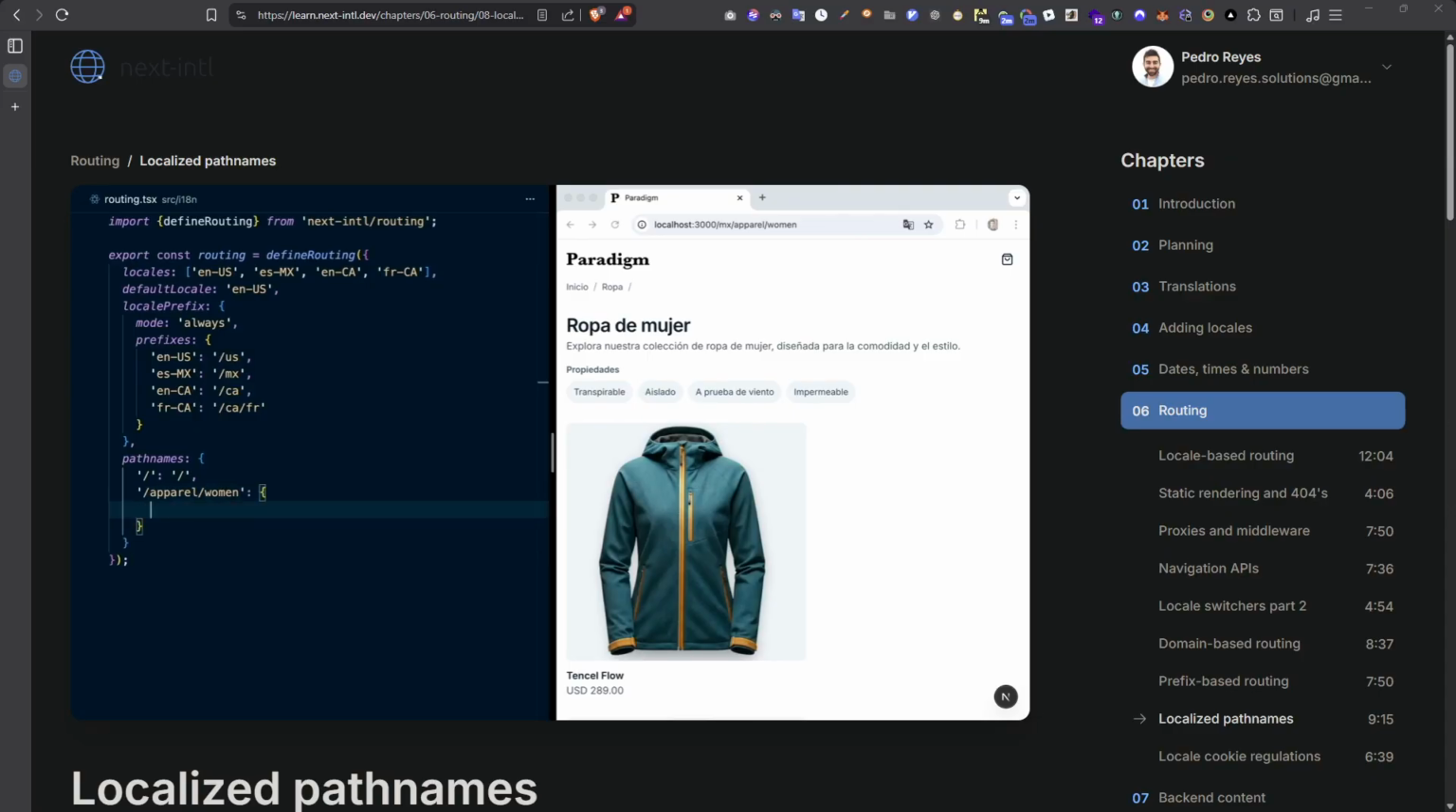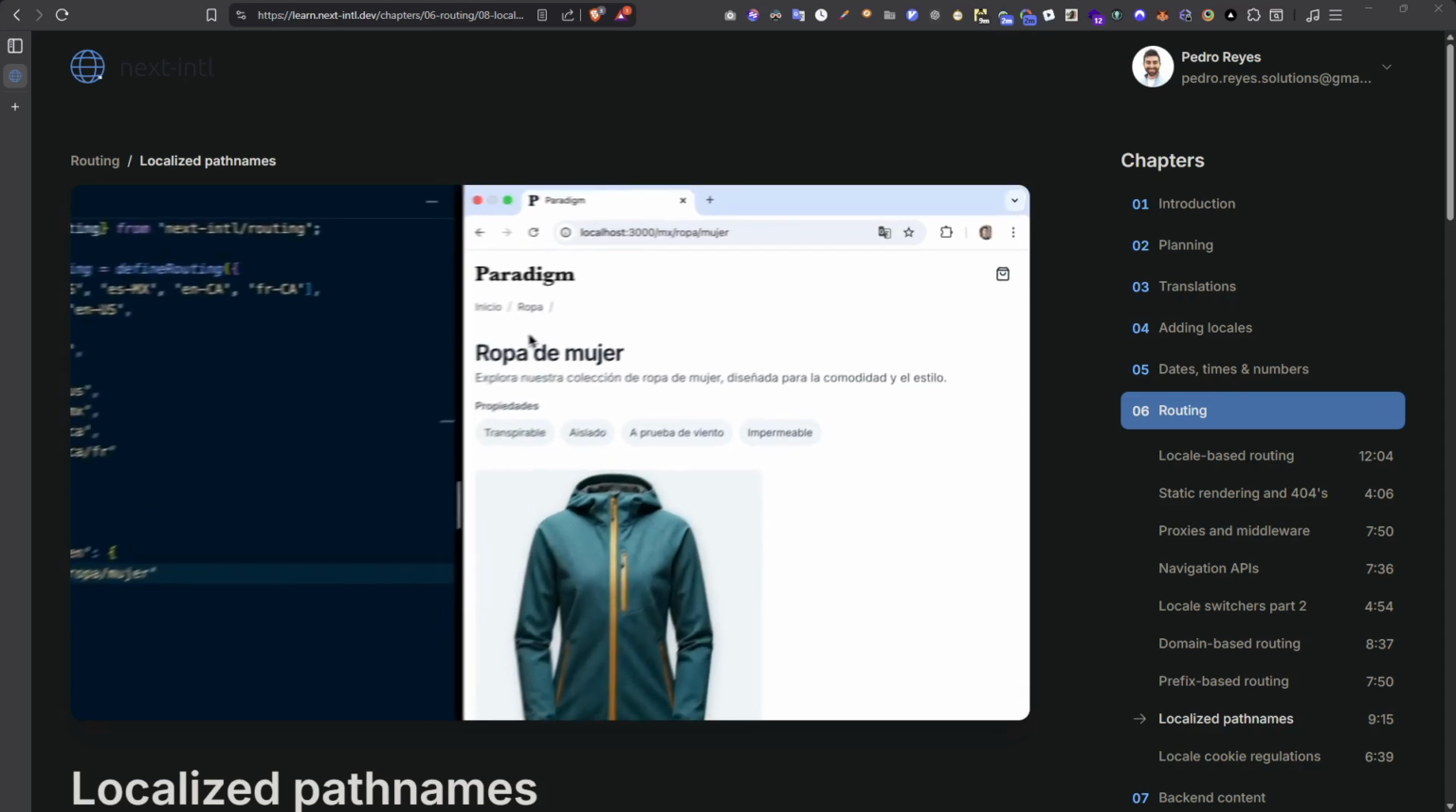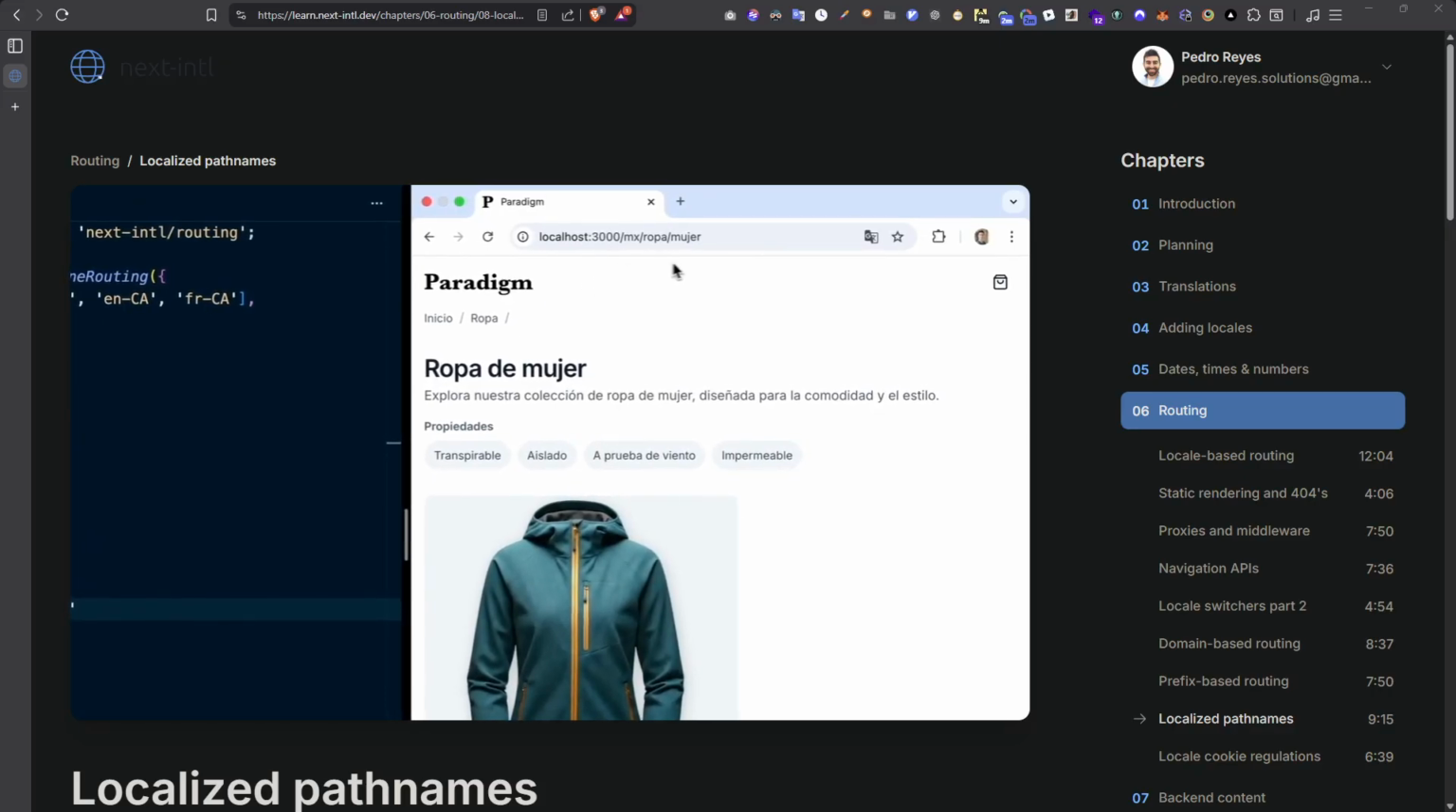And now here we can provide variations, for example, for our Mexican Spanish locale, to use ropa mujer instead. And if I now reload our page, we'll see that our path name has been localized accordingly. One thing you might have noticed here is that the middleware has automatically redirected to this variant as we reloaded the page. So also if we switch back to US, a redirect will take us to the correctly localized path